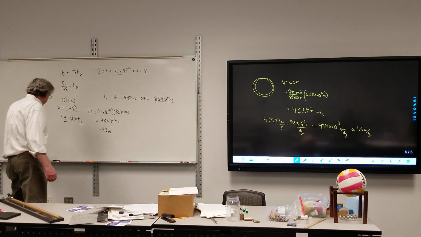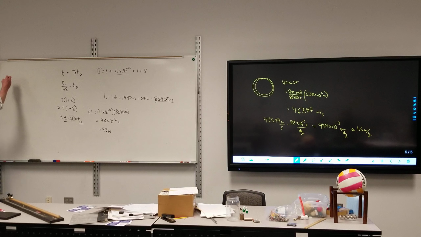Then skip ahead just a little bit to, we had left with also that in the prime frame x prime is equal to gamma times x minus vt. I think that was written up on the board. So we did the example of if you're in a car at a stoplight and someone's on the side of the road, if the car starts moving, from the car's point of view, that would be the distance to the next light. And from the person on the side's point of view,